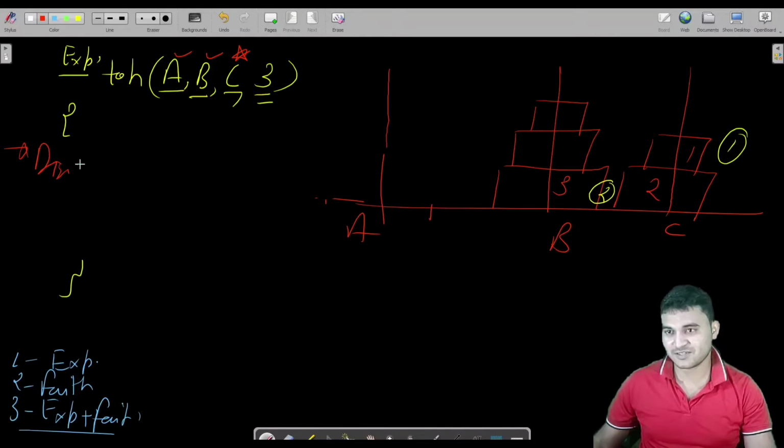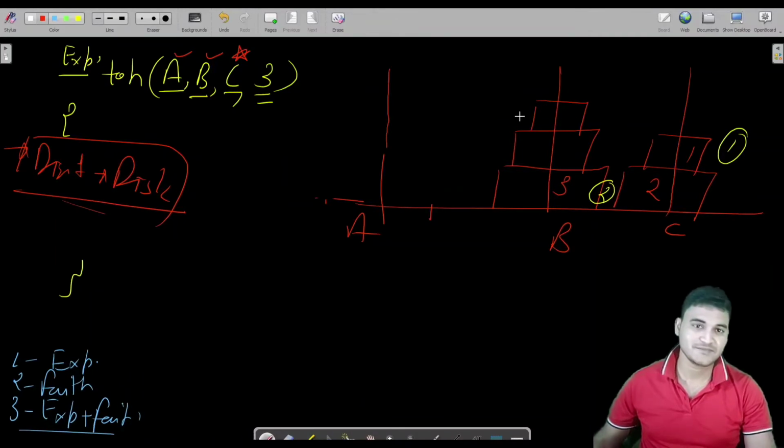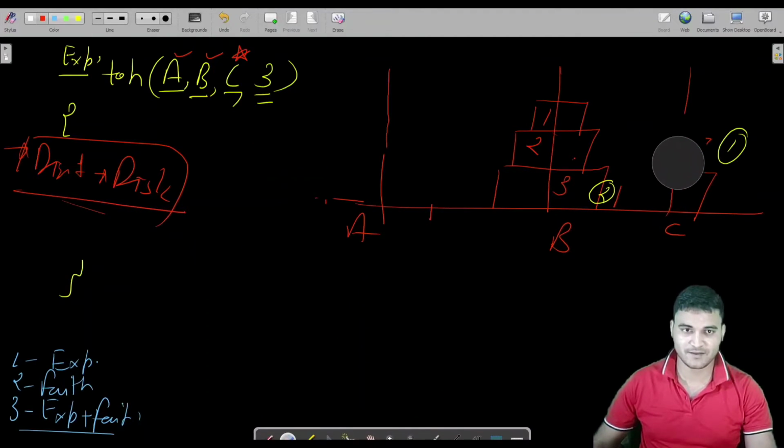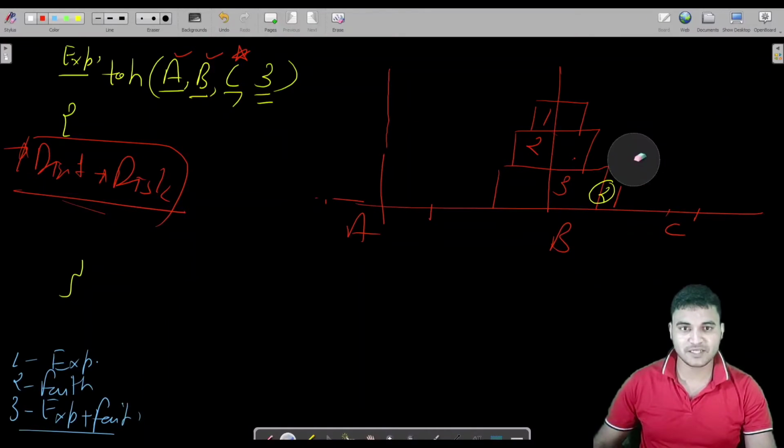Digit is also disk. So can you see here we have already placed all the disks from A to B using C.